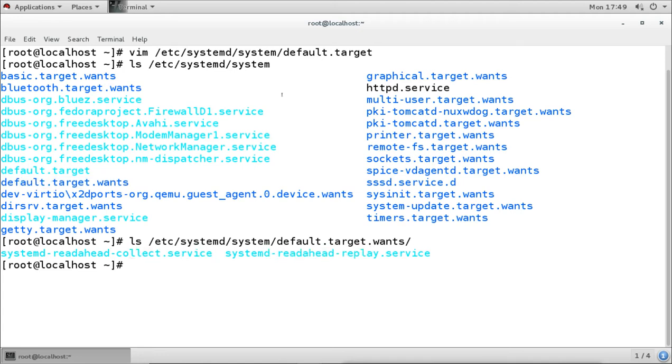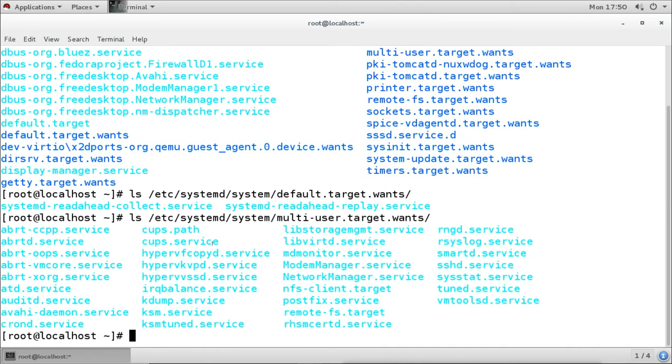Then for others it has the other wants directories, which contain all the files required. Like for multi-user.target, it has all the requirements here.